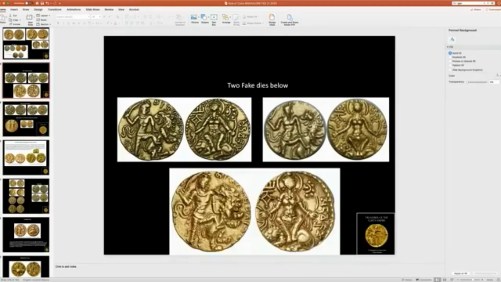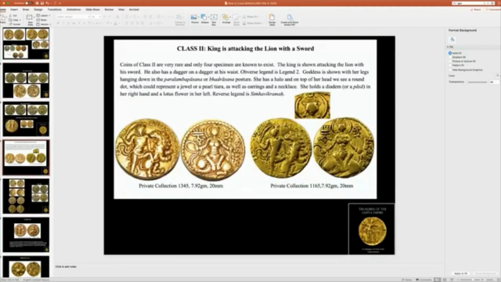The reason I bring this up is, you see, these two styles are very different when compared to the original style, which is like this. Now, keep in mind, this original style was most probably struck at a royal mint. This is a fake copy. Now, why am I spending so much time on it? The reason is, in the book,